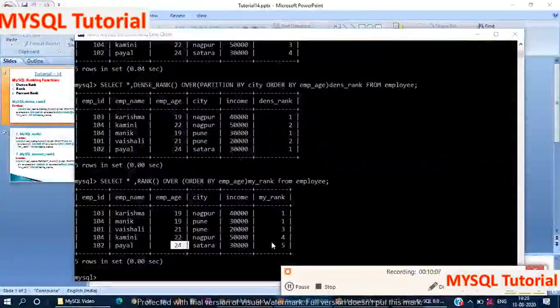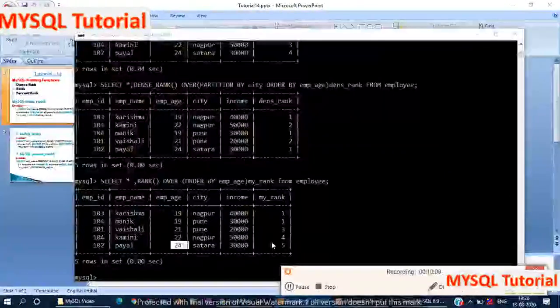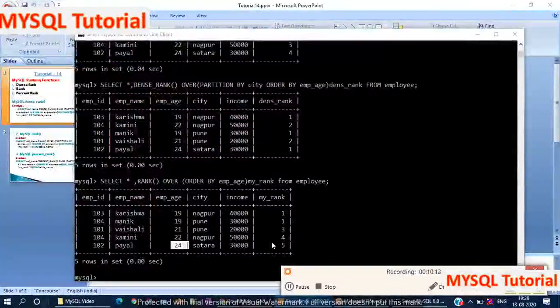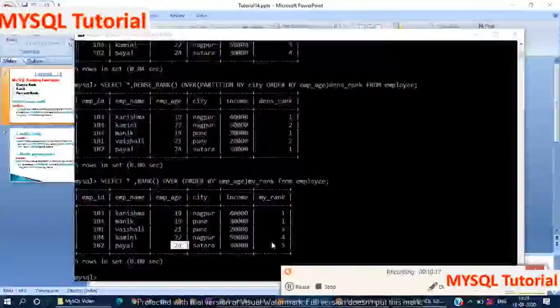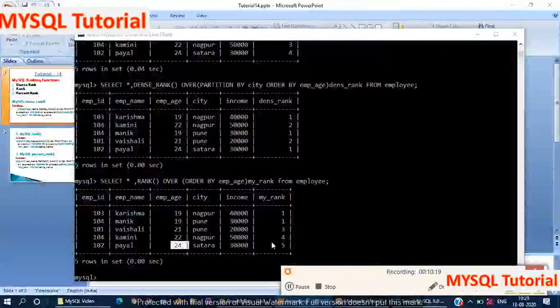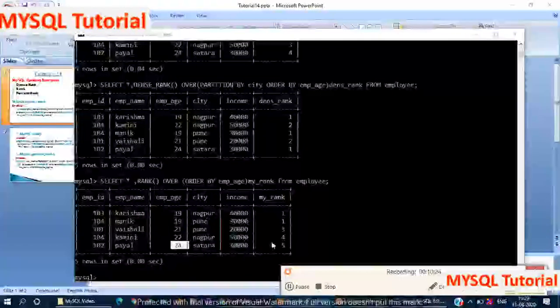This function returns a number from a range of values between 0 and 1. The syntax is SELECT column name, PERCENT_RANK OVER (PARTITION BY expression ORDER BY expression in ascending or descending order) AS my_rank FROM table name.